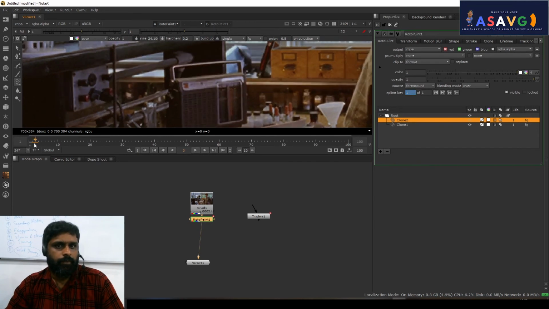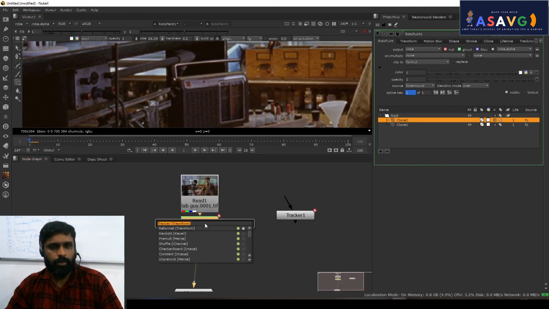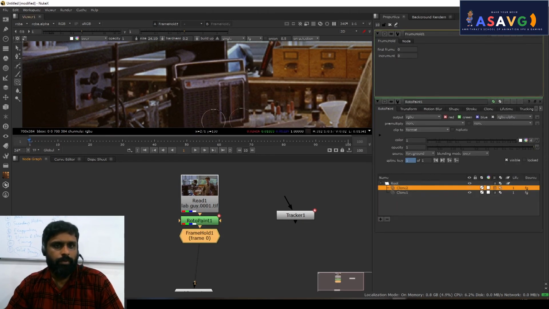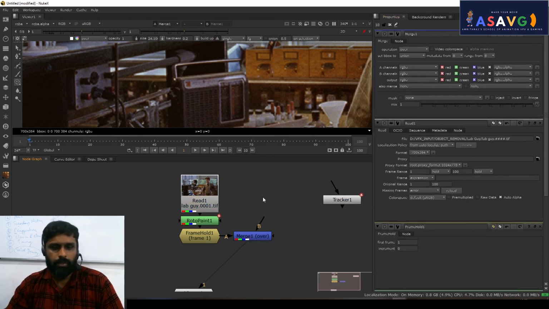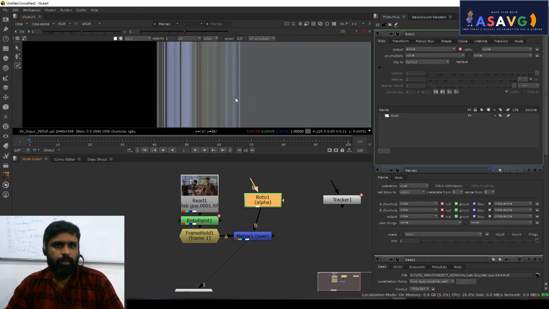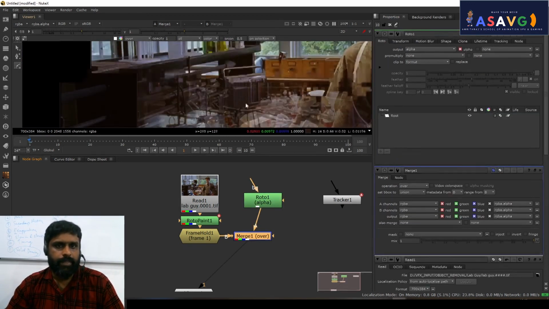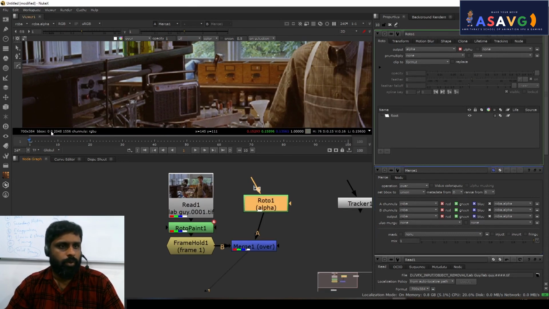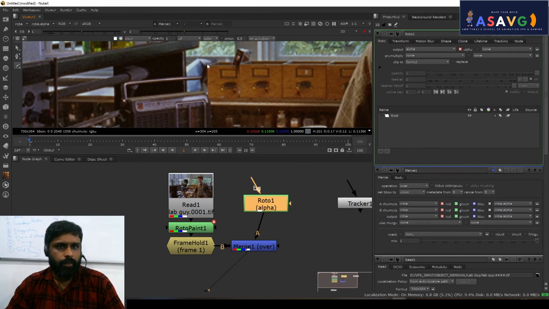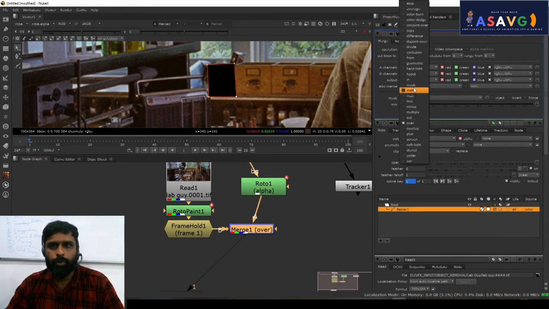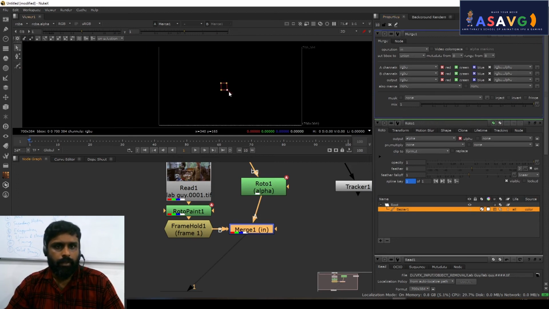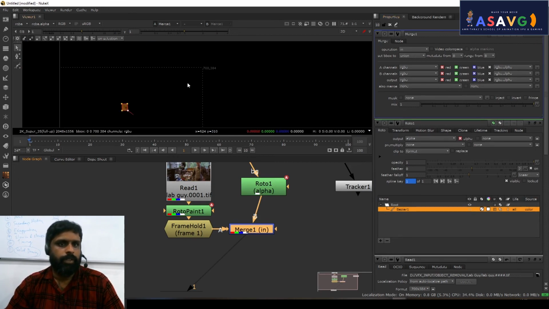We can see the information is going. We add a frame hold. Frame hold should be on the first frame. Okay, go to merge, and auto alpha should be on. Merge, roto, click here. We have to shift it, shift text, same as we have done before. Go to roto, first frame, we have to add a Bezier tool. We will add a roto over here. Look, okay, this is roto. Okay, and over here we will make the operation to in. Okay, then shift text. Okay, now the information is okay, right?